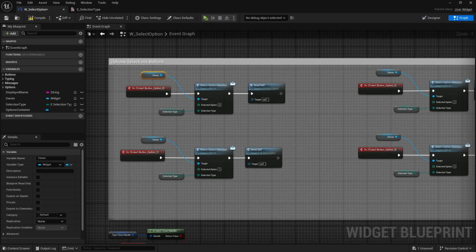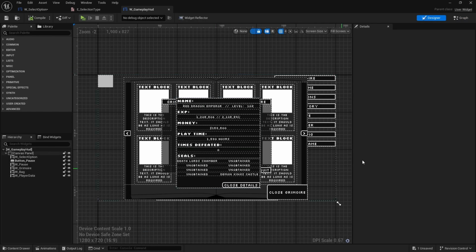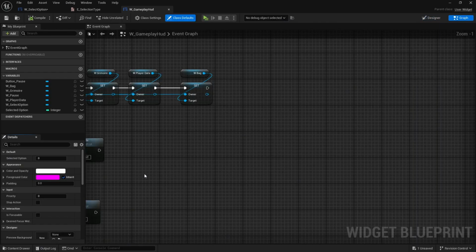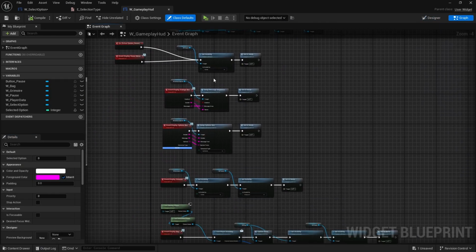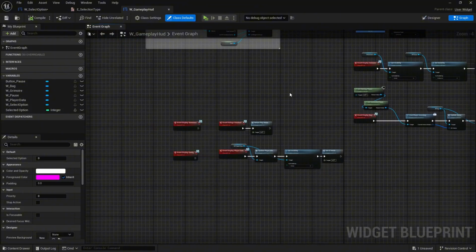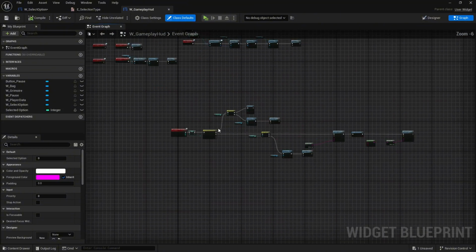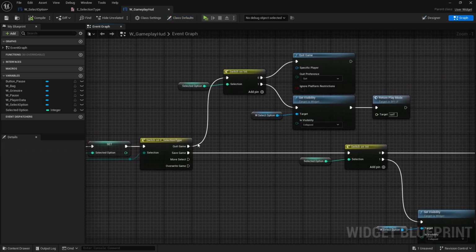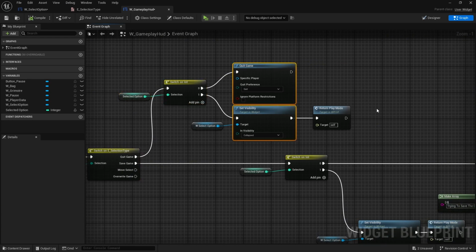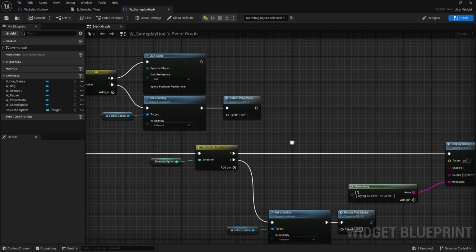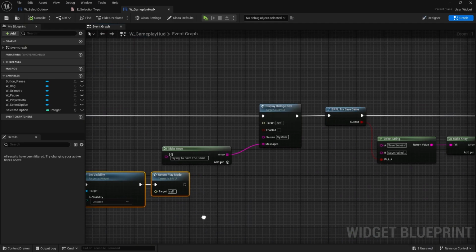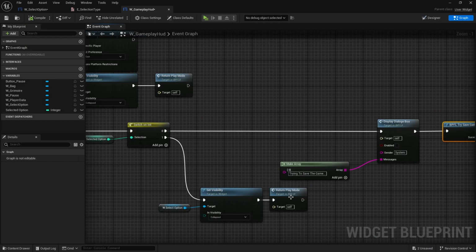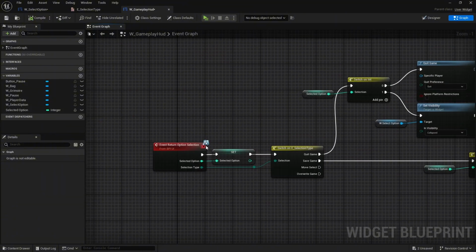So if I open up my gameplay HUD here, we see we have this big stack of widgets. And we use a blueprint interface to basically control all of the different things that happen inside of these widgets. So when I return option selection, we run a switch based on what we are doing inside of here. So if we are quitting the game, we take this selected option and we run logic. We either return to play mode or we don't return to play mode, right? We do all of this different stuff based on which option is coming in, and we do all of that